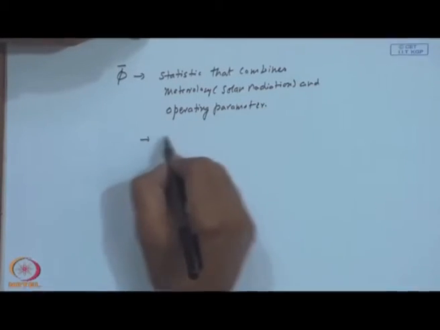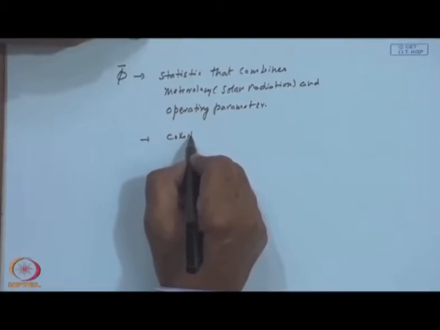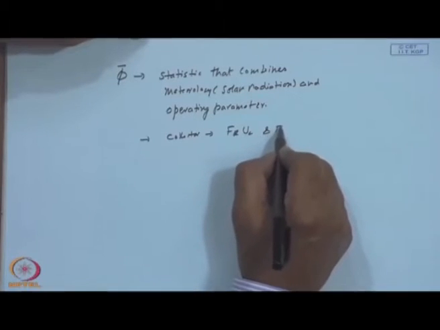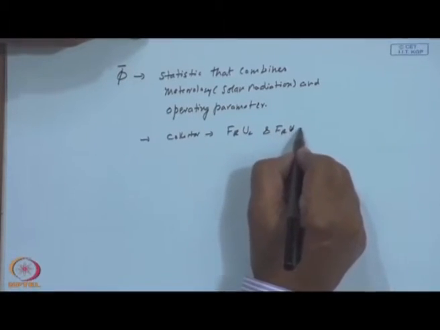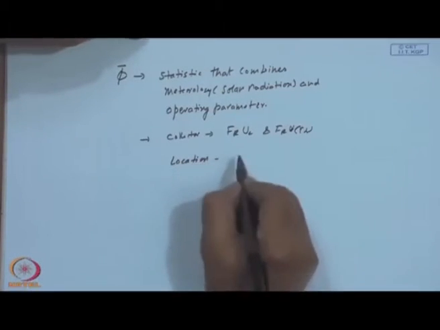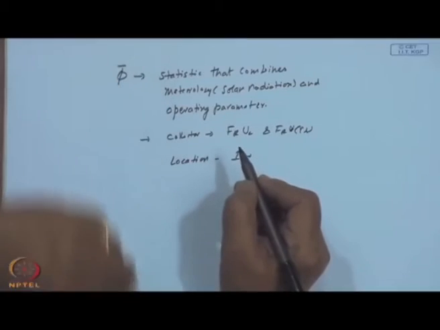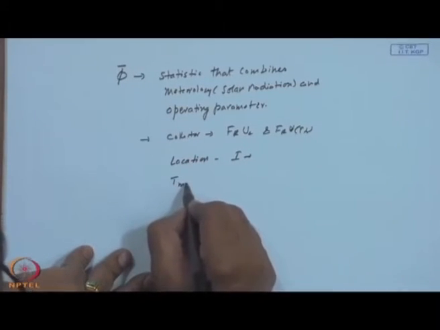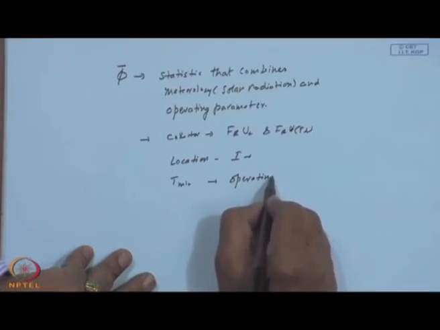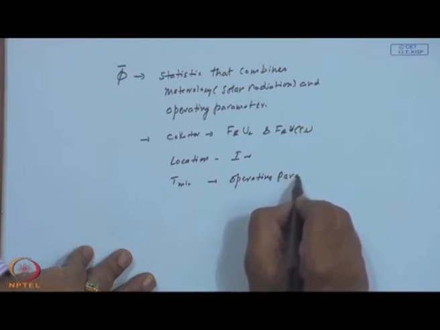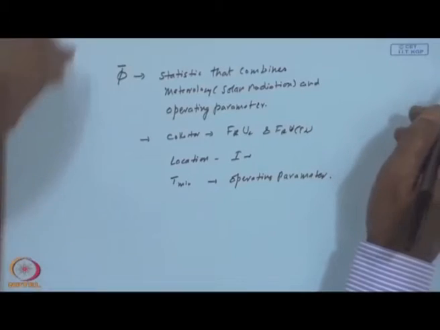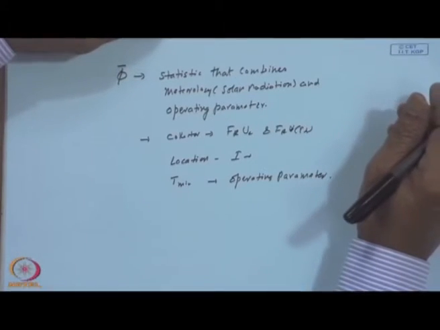So, this takes care of your collector through F_R U_L and F_R tau alpha, location, because my I_T is location dependent, and T minimum is an operating parameter. Right. So, if some method of calculating this monthly average utilizability is known to us, or even the hourly utilizability